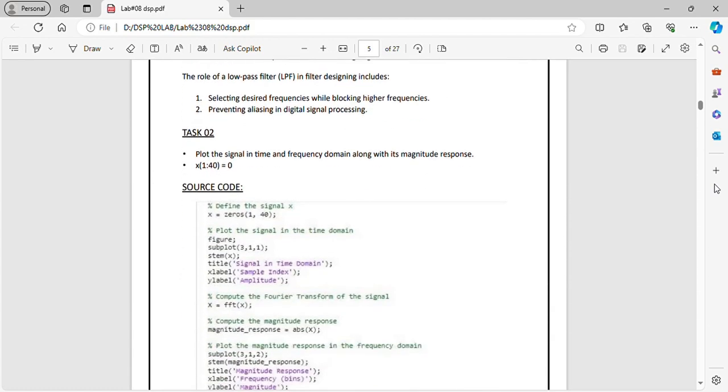So in Task 2, plot a signal in the time domain and frequency domain along with its magnitude response, and the source code is